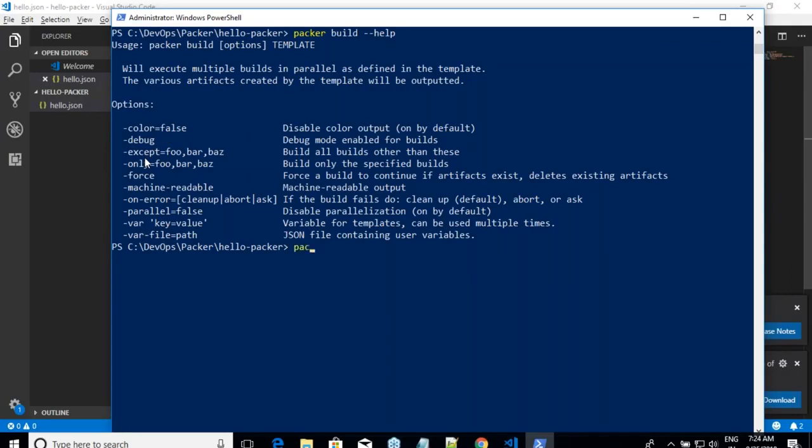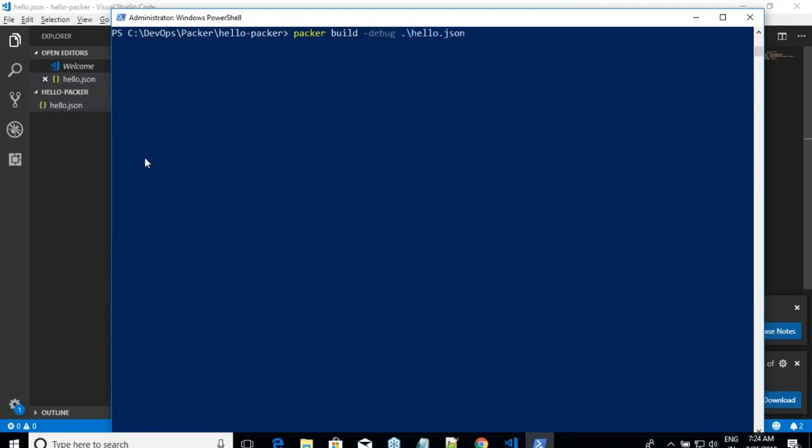where I would say Packer build, okay, and then hyphen debug, and then the file which I want to create is hello.js. Okay, what debug does is it does step after step, and at every step it will stop, and you have to click on enter button. Whenever you are doing any Packer operation for the first time in your life, I would expect you to do the debug, because you will understand what are the steps which Packer is doing. Whenever you use hyphen debug, it will stop at every point. At every logical point, it will stop.